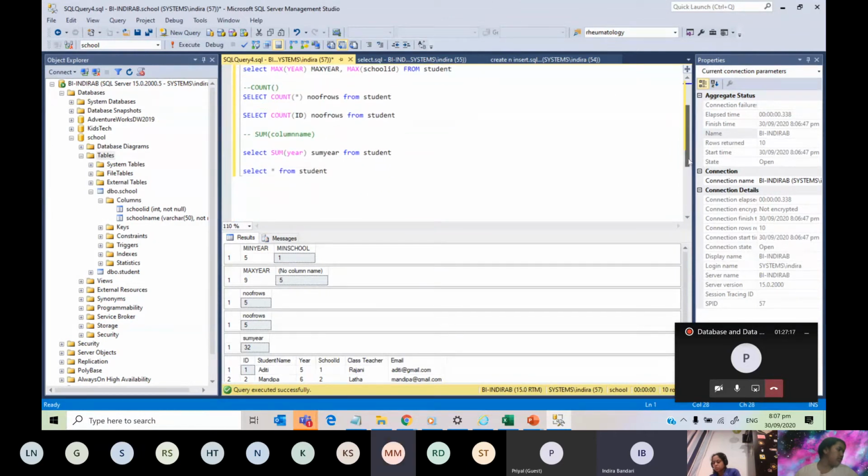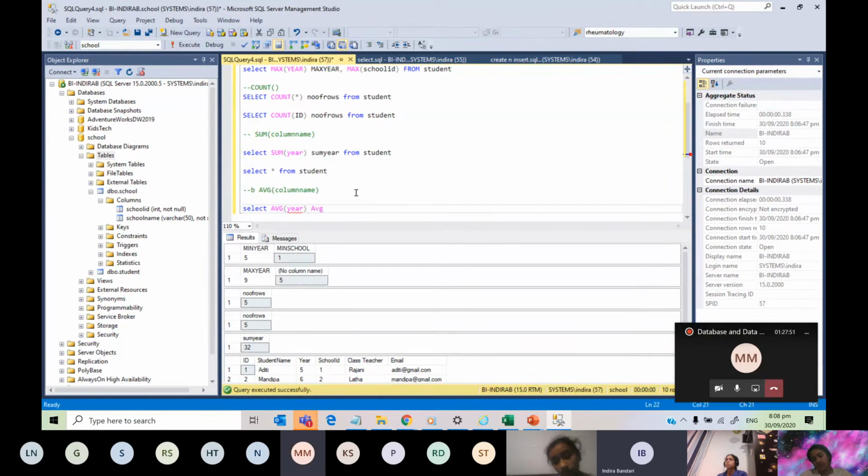Okay, let's do average now. The average syntax is also AVG with the column name. Let's find the average of year again, because we don't have any other integer column. What's the syntax? Select AVG, open brackets, year.